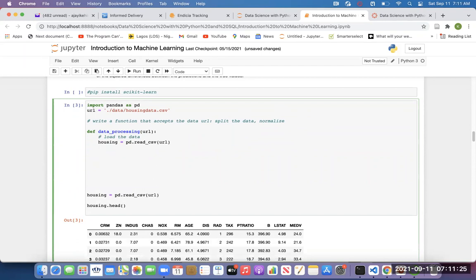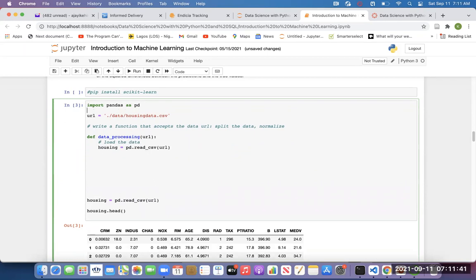The next thing, we're assuming this data is clean, okay? So we want to split the data. Now to split the data, we have to start using our scikit-learn, all right? So to do that here, we have to import the function from scikit-learn that will help us split the data.